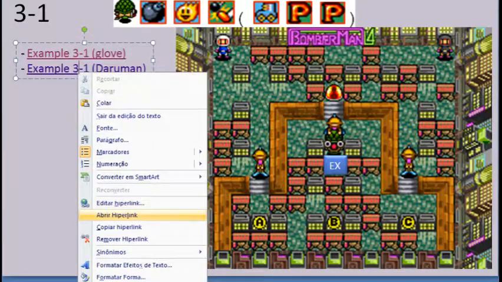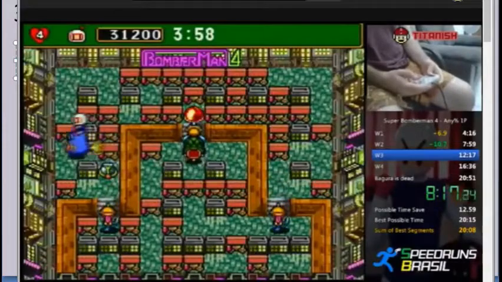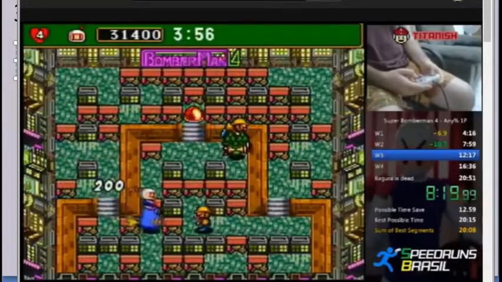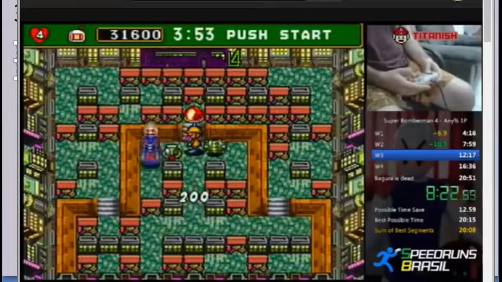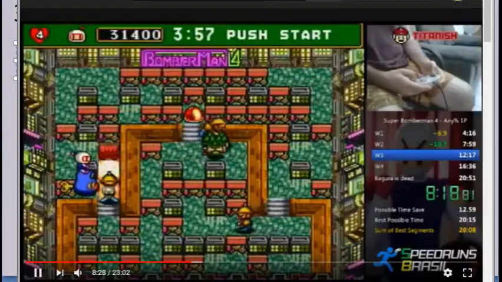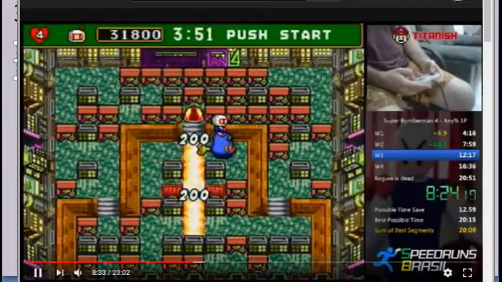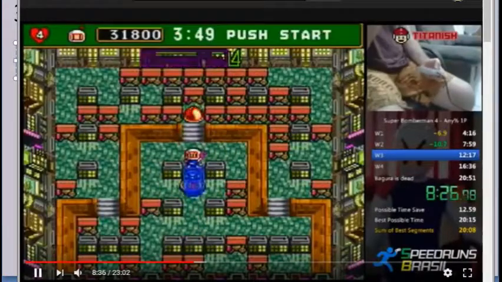Okay, now with the Daruman route. Now here I did not do the best strat, but very fortunately the guy from the right came left. This is a very rare RNG. He usually just stays in this area, but in this one he went left, which helped a lot because I could double hit